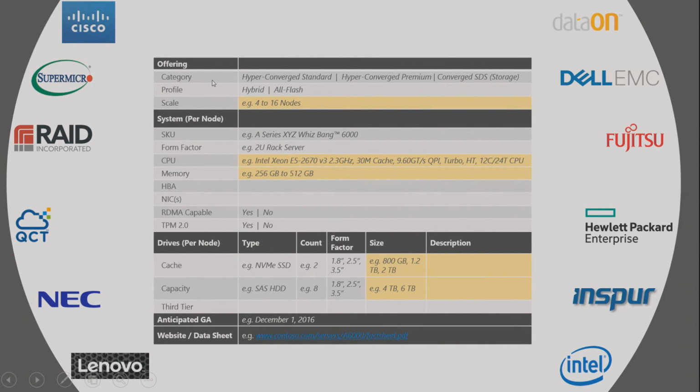So we started with a category of what offerings they are planning to bring to market, whether it's hyperconverged standard, premium, or converged SDS, whether it's hybrid or all flash, what's the scale that they want to advertise, 4 to 16 nodes or 2 to 8 or what have you, right? And that has to map with what the actual testing has been done, right? So the validation happens behind the scenes, and we make sure that they adhere to those